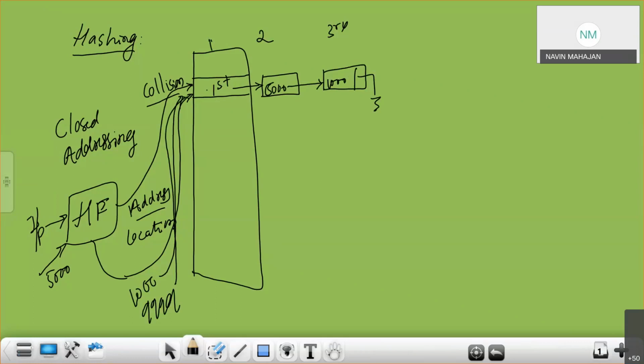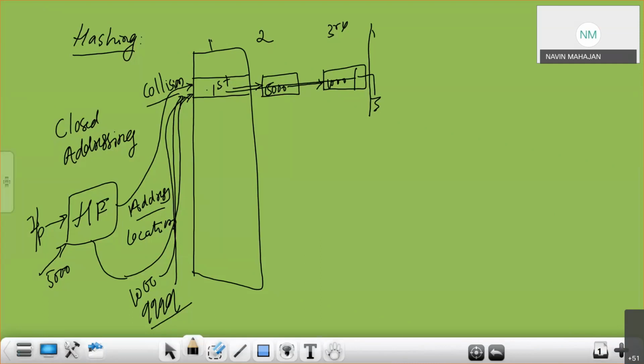Same memory location, there is a collision, and the number of slots maximum is 3. That means I cannot store this 999 here anywhere. So now overflow occurs because this chaining is over. This is the maximum number of chain which is applicable. Now this is just an example I am taking. It depends on the system how many nodes are allowed in a chaining. Okay, this happens in closed addressing.